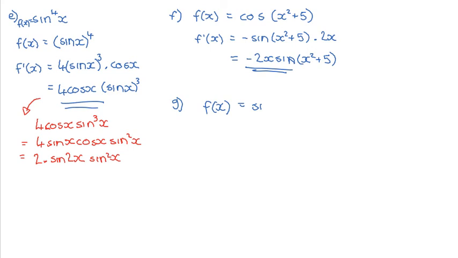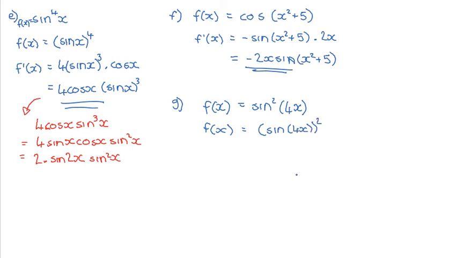f of x equals sine squared 4x. So sine squared 4x. Okay, so again, just continuing with the chain rule, so it's a function of a function in this case. So what I'm going to do is rewrite this power just to make that really clear. So f of x, if I just rewrite this as sine 4x